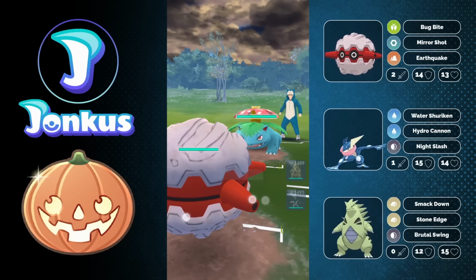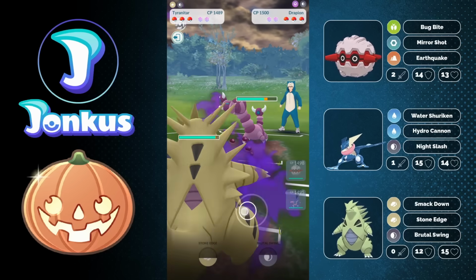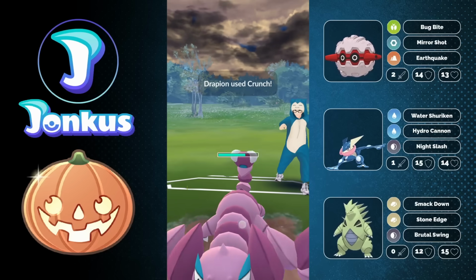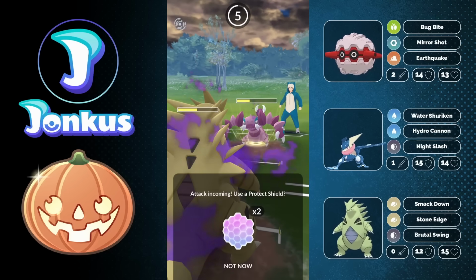We're going to encounter basically the best lead that we could possibly get with a Fortress, as you're gonna now see the Drapion swapping in. We can go for the Brutal Swing against the opponent most likely, and that's most likely already going to knock them out nearly. They're gonna go for the Crunch, and luckily I don't get the debuff here,